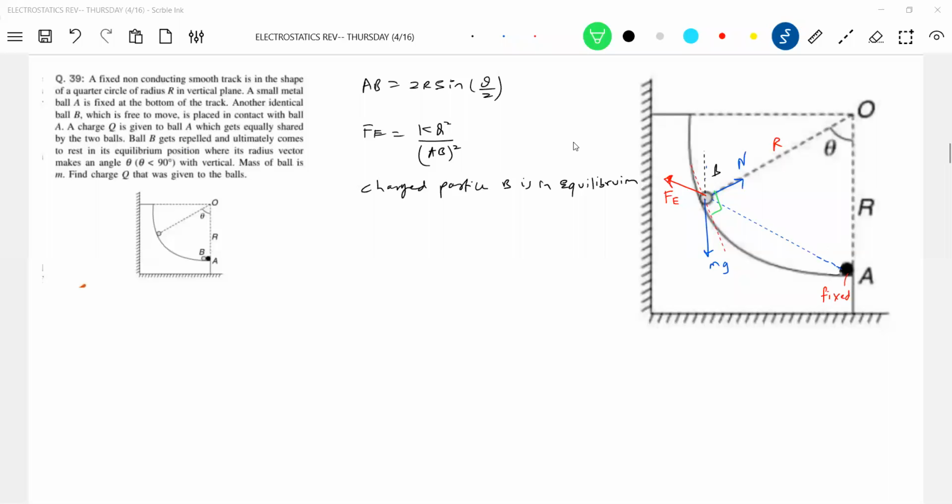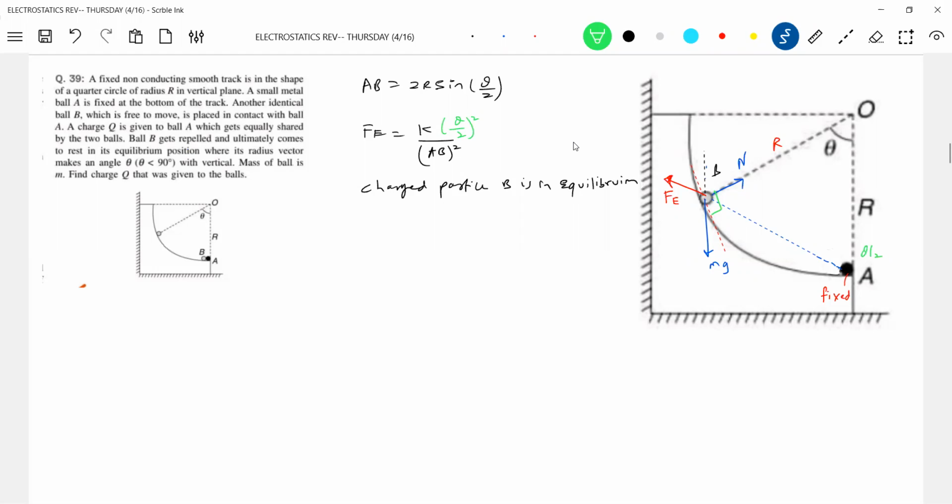Oh, charge Q, no? Q by 2. Yeah, fine. The charge gets distributed, no? Here, Q by 2. Okay, fine, I forgot that. Both are of same radii. So whatever charge is there, Q by 2, and it'll get repelled here. A is charged, B is not having initial charge. When they come in contact, they'll share the charge equally, and B will be repelled and pushed to a point B till here.